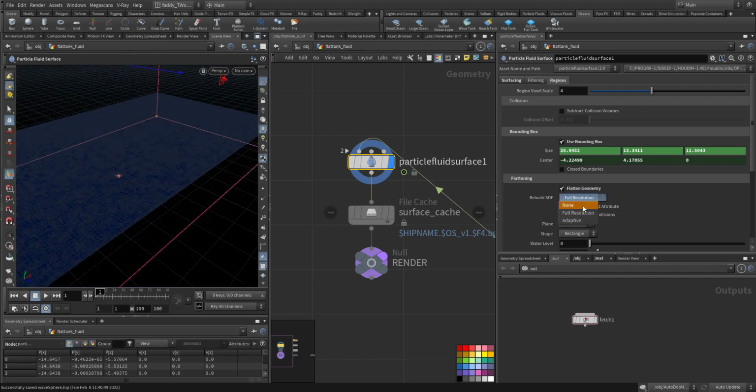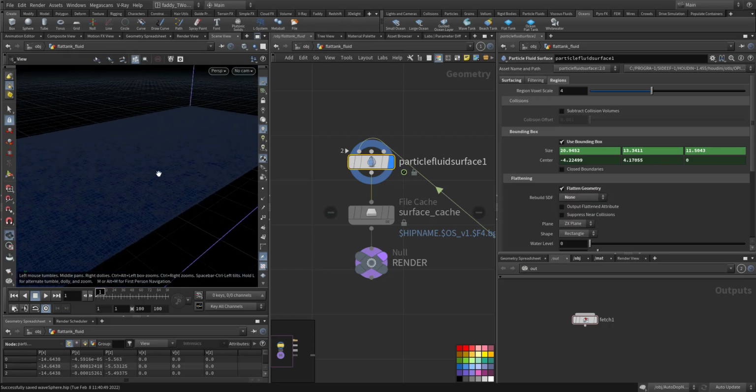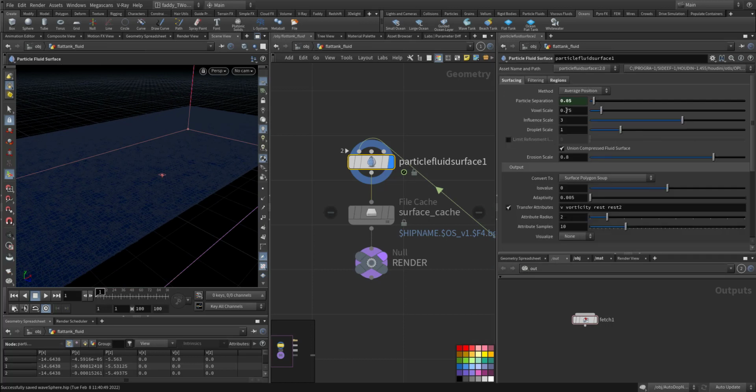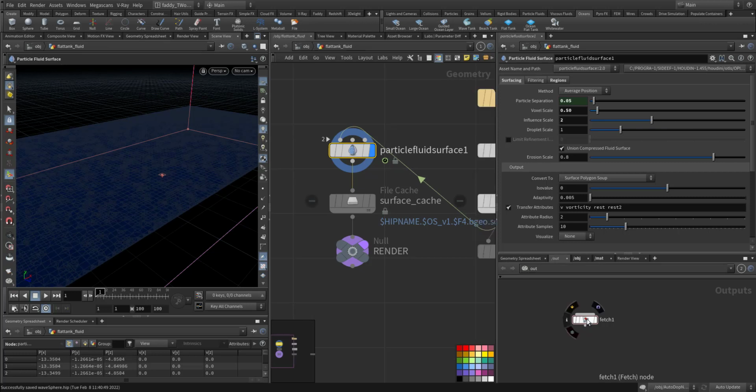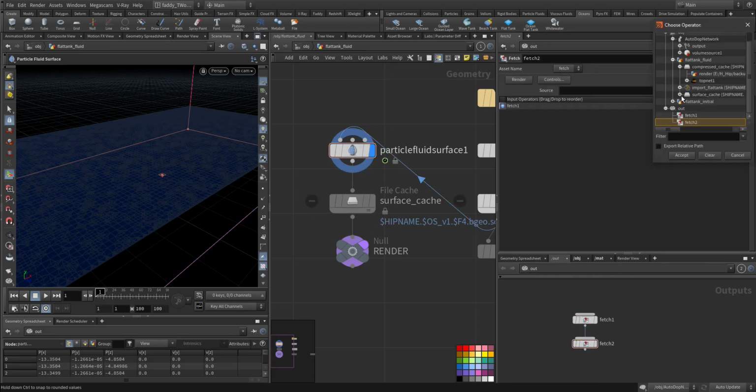For resolution, none. So this will make it even slower. Here I'll make it 50. Influence scale of 2. And what else? We'll create another fetch. In this fetch we will take the surface cache,